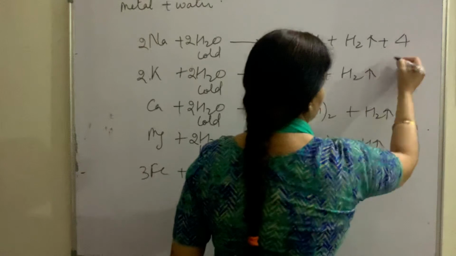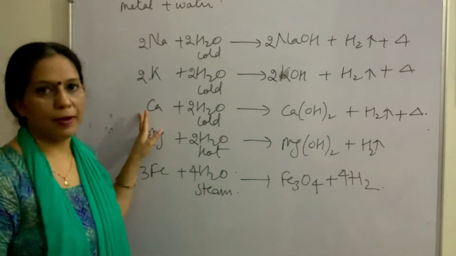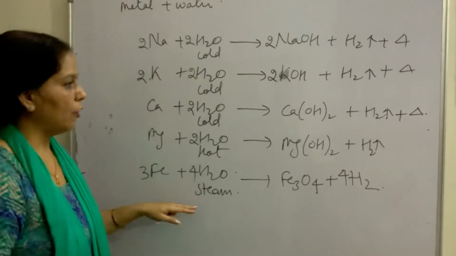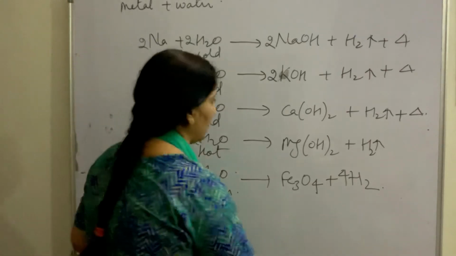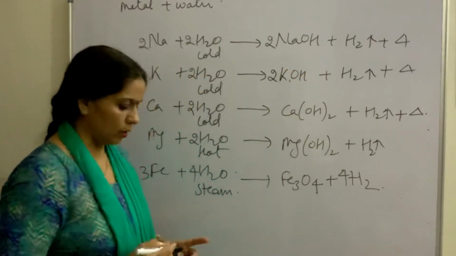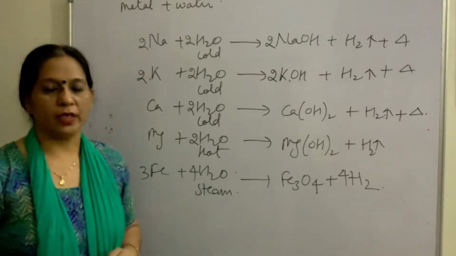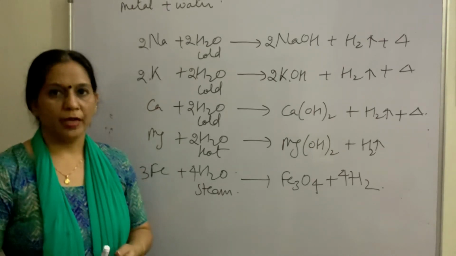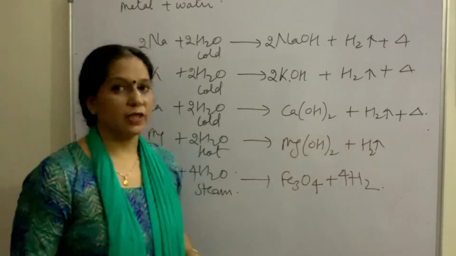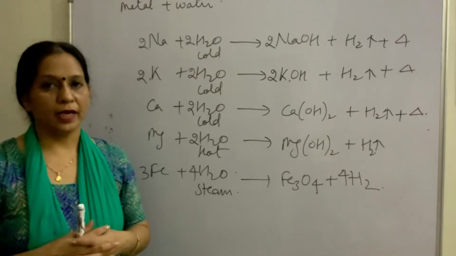During these two reactions, large amount of energy is released and during this reaction, lesser amount of energy is released. So these are the different metals reacting with different forms of water and forming different products. To make it more clear, it is KOH, potassium hydroxide. When we drop pieces of calcium and magnesium in water, they start floating. What is the reason behind this? They float because they release bubbles of hydrogen gas. Bubbles of hydrogen gas stick to their surface, make them light and buoyant and help in their floating, right?